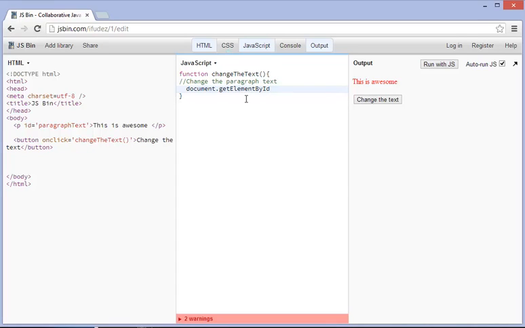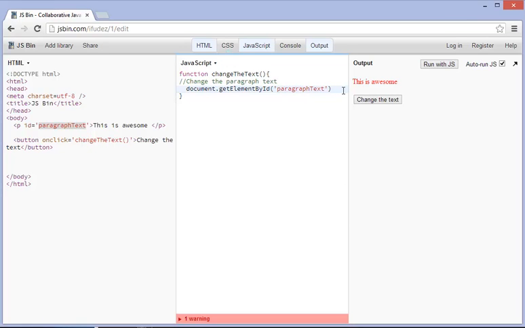It's very good to be case sensitive like this. Then I like to type in 2 brackets here, and also 2 apostrophes like that. And you want to put paragraph text just like that, or you can copy this over and put it in there. So what this small line of code is doing is saying we need to find the ID of